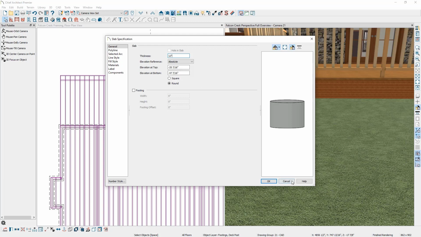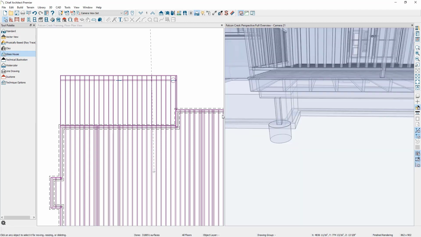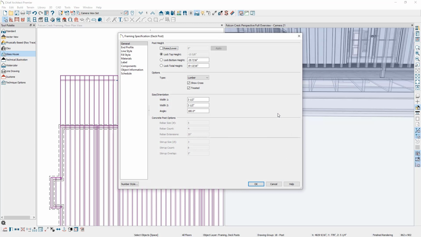Let's cancel out of this, and next let's look at the post, but before we do that, let's switch from our standard rendering technique to our glass house rendering technique. And if you look at what's going on here, the post is just resting on top of the footing. While this may be good if you're anchoring the post on top of the footing, if you'd prefer for the post to be contained within the footing, you can double click on the post to open it up,